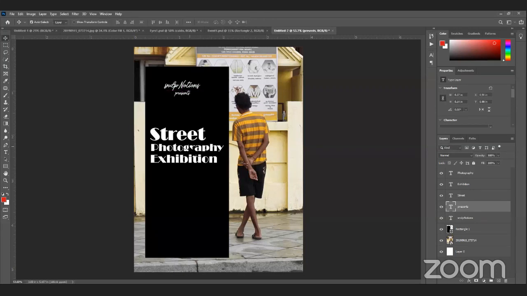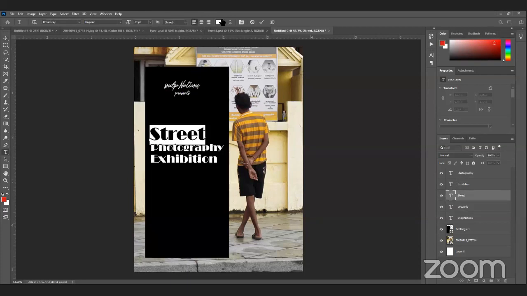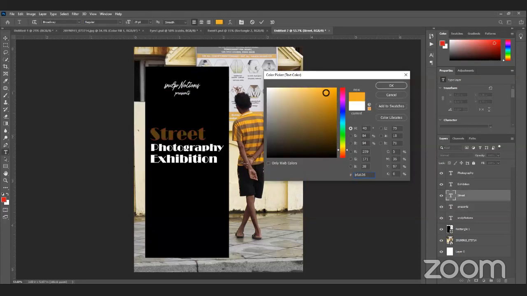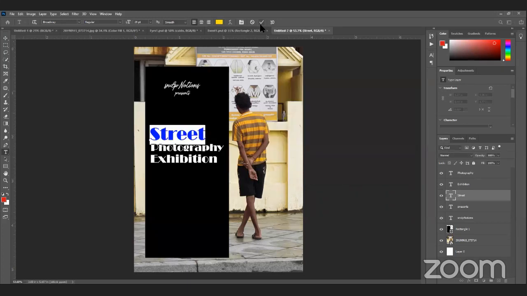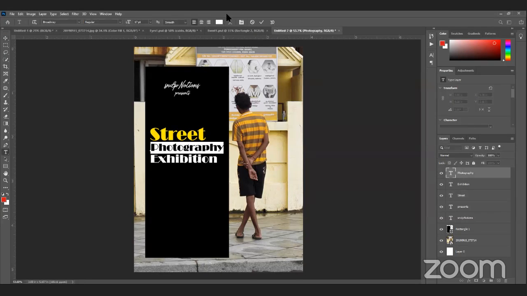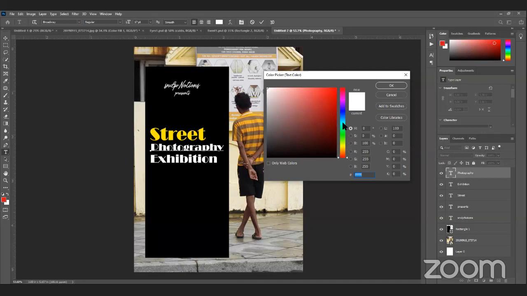Yes, now it is fine, but I want to change the color of my text because it is not looking that good. Street, again I'll pick.